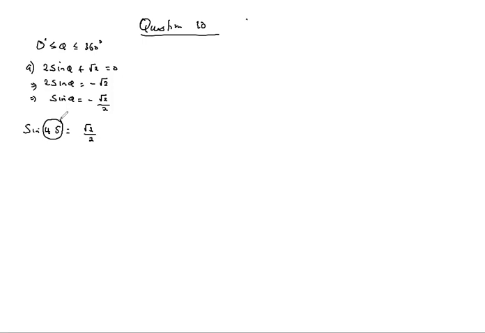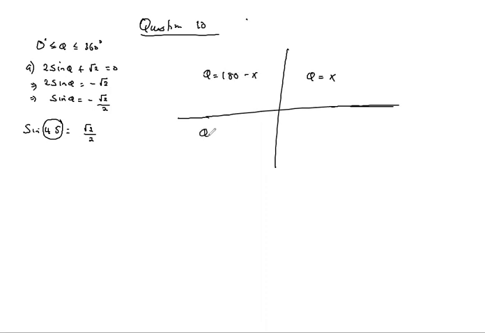So in the fourth quadrant, we have a reference angle. Remember, we said about reference angles. In the first quadrant, it is the angle itself. In the second quadrant it is 180 minus x. In the third quadrant it is x minus 180. In the fourth quadrant it is 360 minus x. Okay. Now what we have is the reference angle, the theta itself. We're looking for x.